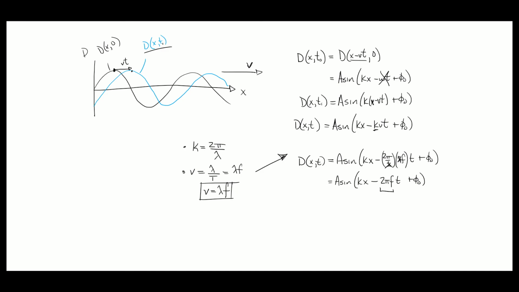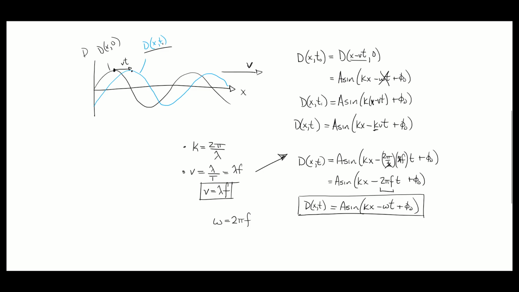If you recall looking at simple harmonic motion or uniform circular motion, we had that our angular frequency or angular velocity, omega, was equal to 2 pi f. That's the same thing we have here. This angular velocity of our wave is 2 pi f. So we can finally rewrite what we have here as kx minus omega times t plus phi naught, which gives us our displacement as a function of position and time, which is our wave model, where we've defined a few things here.